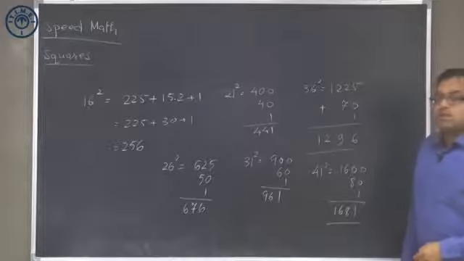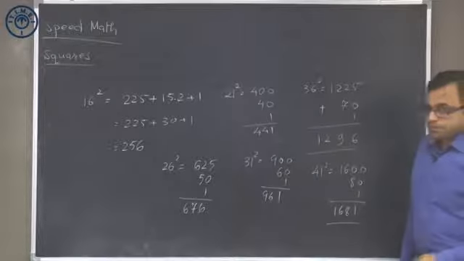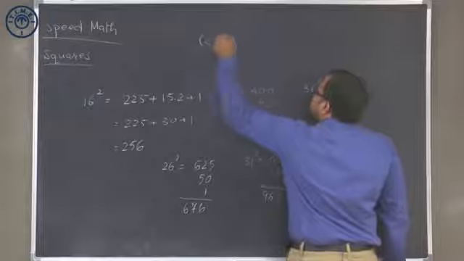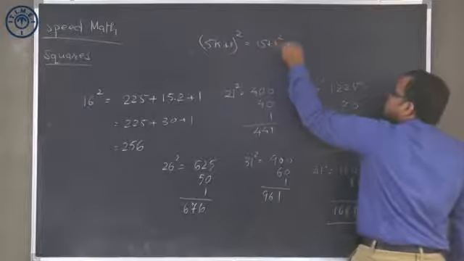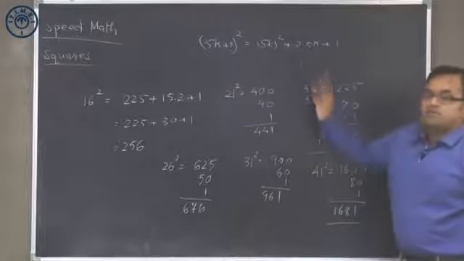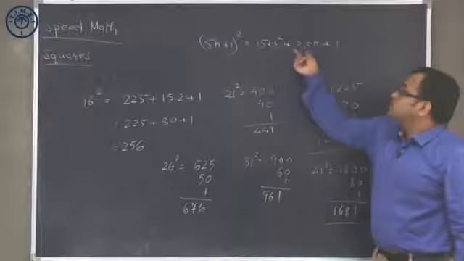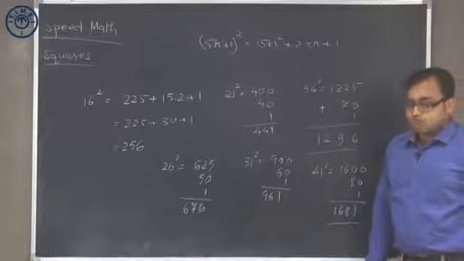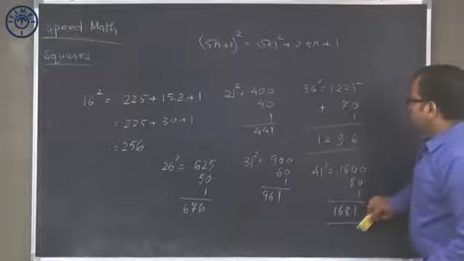So with this we know the method for calculating the square of a number which is 5k plus 1. The idea is very simple. If the number is 5k plus 1, its square is equal to (5k) square plus 2 into 5k plus 1, and that's exactly what I have written here, because the square of this number plus 2 into this number plus 1 gives me the square of the next number. So with this you would be able to calculate the square of numbers which are 5k plus 1.